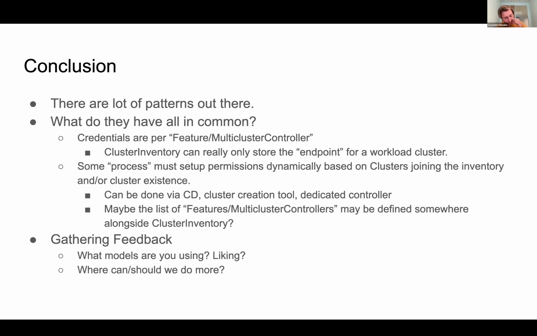Obviously, I wanted to hopefully convince you, maybe or not, that the credentials really belong on the per-feature / multi-cluster controller thing. I don't think they should share them, but that means they cannot be in cluster inventory. Cluster inventory sounds like it could have the endpoint, but not the credentials part. And